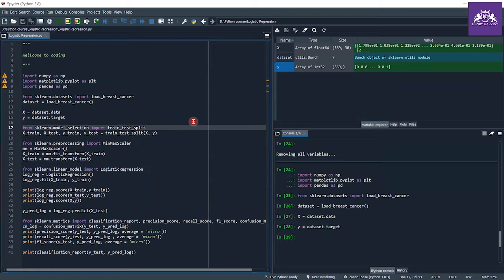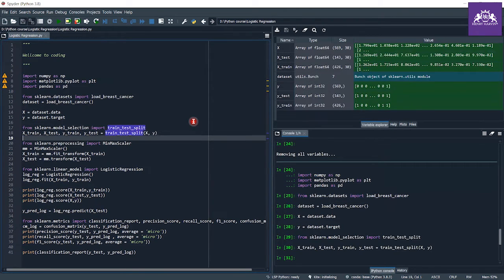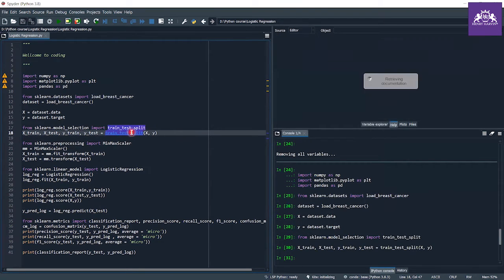First of all, divide this dataset into train set and test set. Here I didn't specify the test size, so by default the test size is 25% and the train size is 75%.